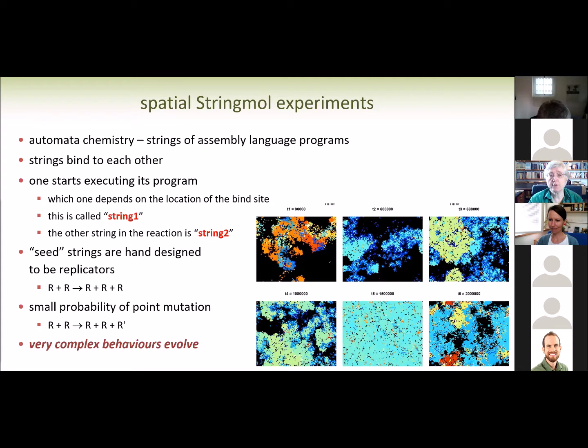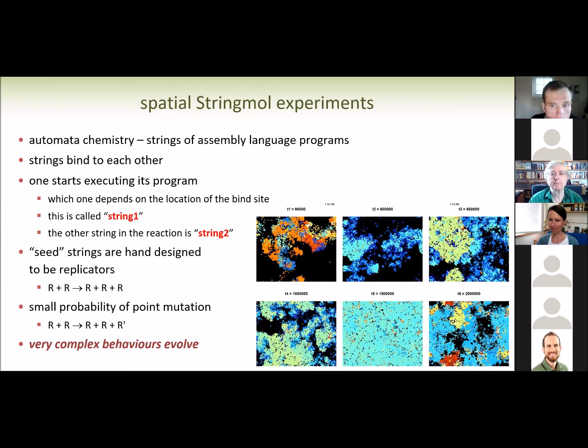The strings bind to one another probabilistically, and when they do bind, one starts executing its program. Which one starts executing depends on the location of the bind, and the string that starts to execute is called string 1, and the other is imaginatively called string 2. We originally called these the active and passive strings, but we changed the name because once evolution starts, that classification